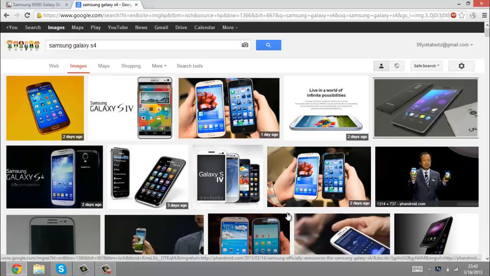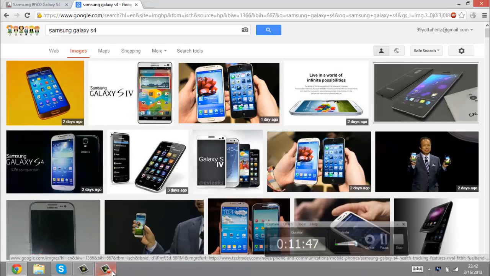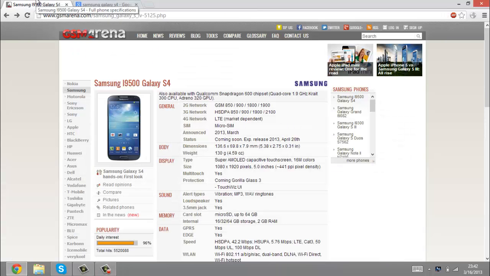I don't think I will have time for Chinese phones right now, but in conclusion, the Galaxy S4 will stay on top, or at least for now it'll stay on top. Maybe next year we can see, I hope that HTC will come up on top this time, or Sony, because while I do like Samsung, it's just a bit annoying that they always end up on top all the time. We want to see a variety of best phones, but